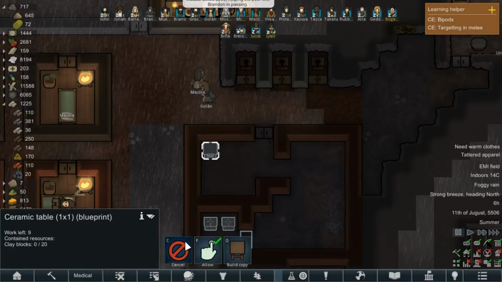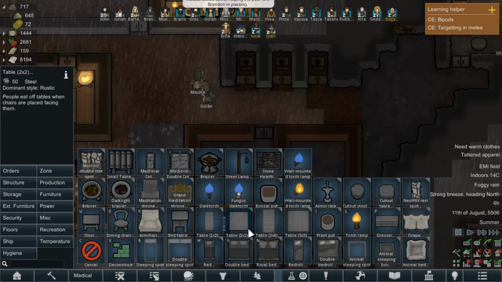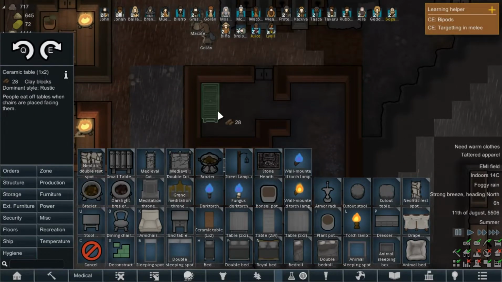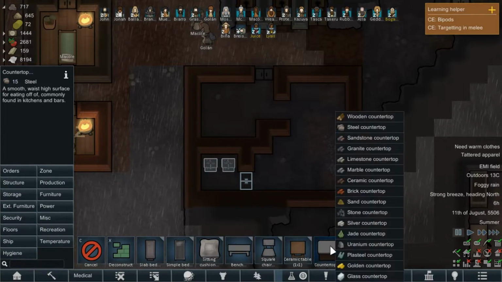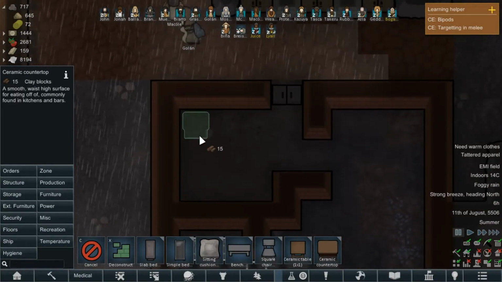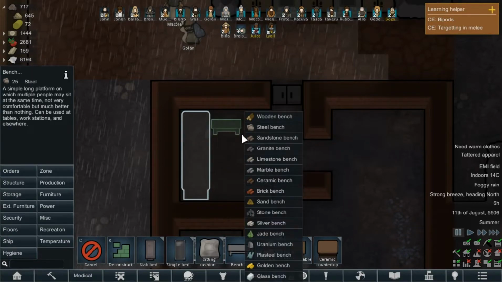Oh. We don't need tables, we want... I want something just like a simple table like this. Make it out of ceramic because we've got a lot of it. Say a slightly longer one, yeah. Small table. Could always use countertop. Maybe do a countertop. Yeah. Do that. And we'll have...